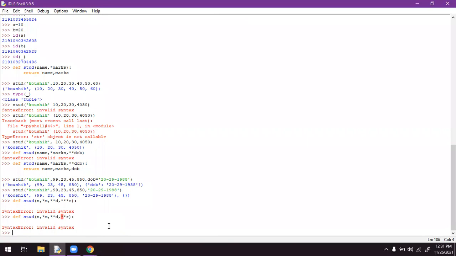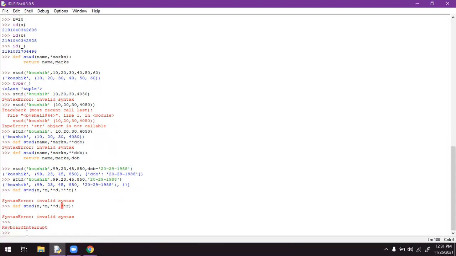It also gives an error, invalid syntax. Why? Because we mentioned 2 stars here already. It will not take 2 stars again, and it will not take 3 stars as well.